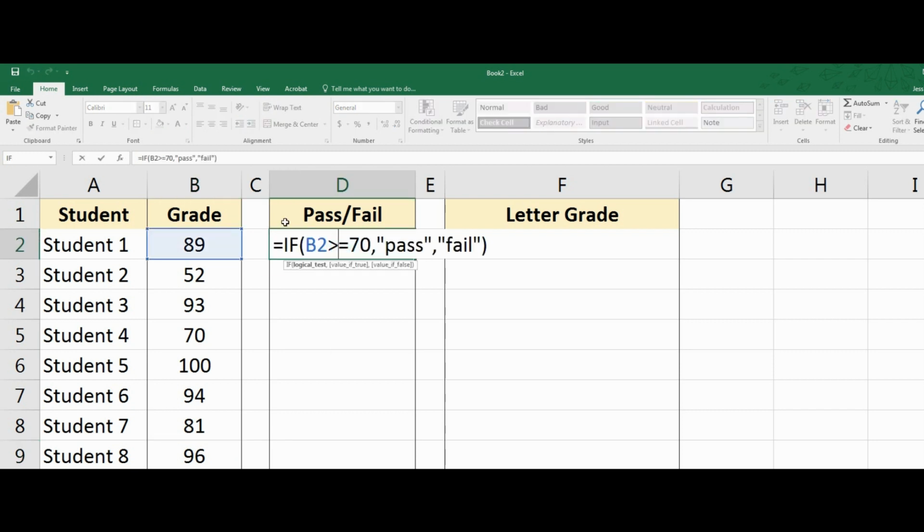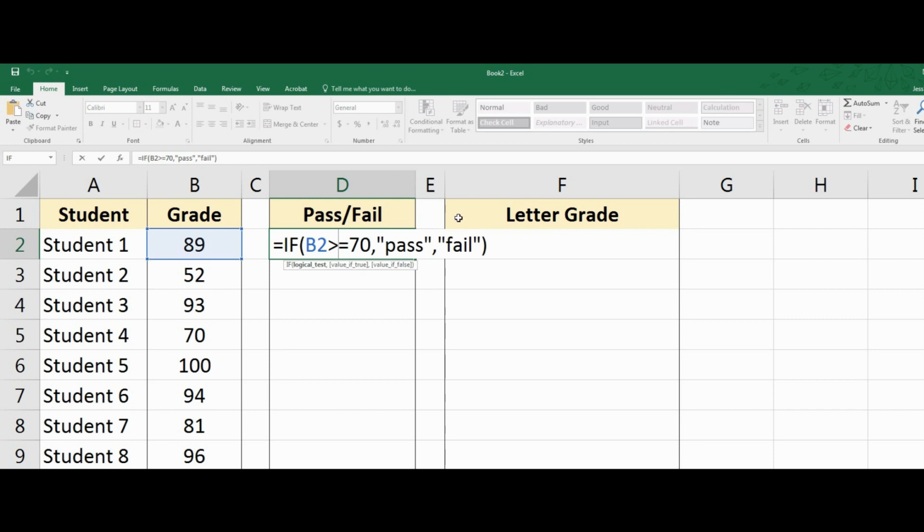So if I double click on this, I have an if function. Remember, it's going to be bold right here. It's not going to move on to the next section until you put that comma, or if you end it with the parentheses. So if B2, you can type in B2, or I just clicked it, is greater than or equal to 70, because we're doing a pass fail, comma, our value of true is pass. Since we're telling it a specific word, we need to have our quotation marks, comma, to move on to this next section,